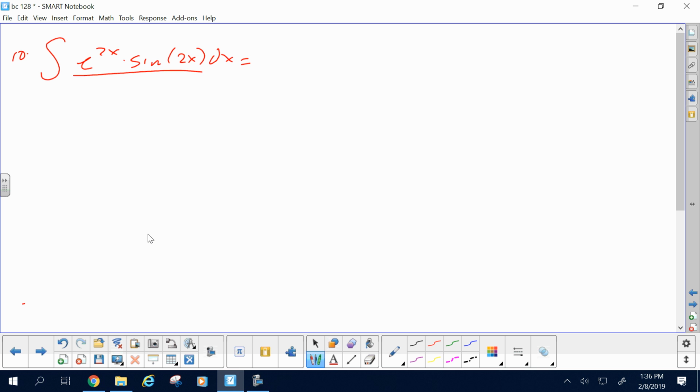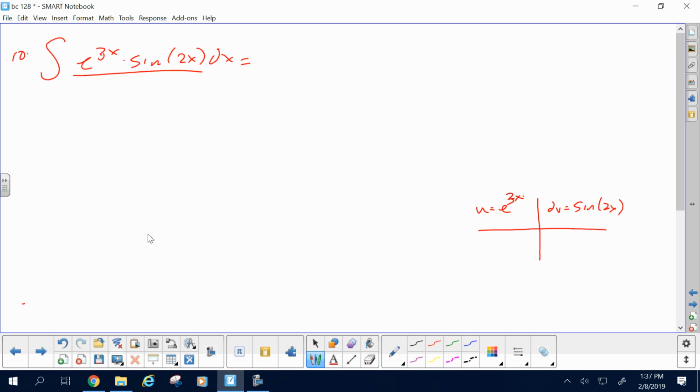So be neat, clean. I personally slowed myself down and tried to write this neat. I found that if I tried to write it neat, it made me go slower and I made fewer mistakes. It's not so much that I couldn't read my own writing, it just slowed my mind down a little bit. What do you want to let u equal, e or sine? E. E, okay, e to the 2x, is that a 3x? So which are we going for? E to the 3x. Therefore, dv is